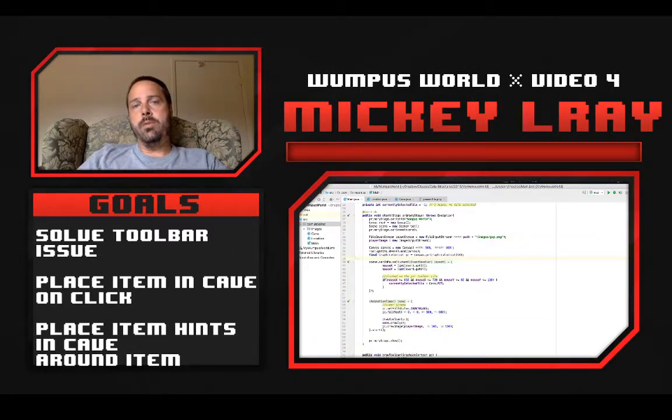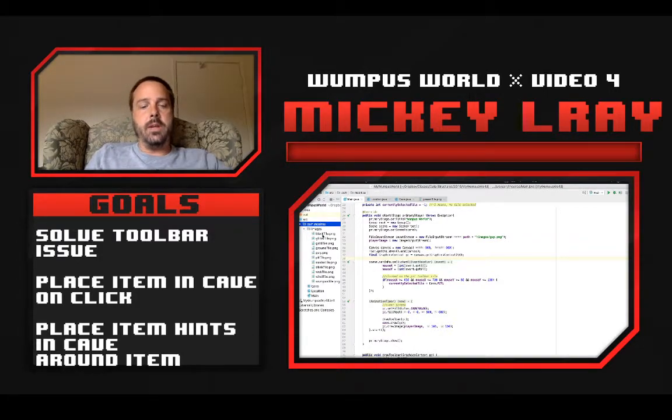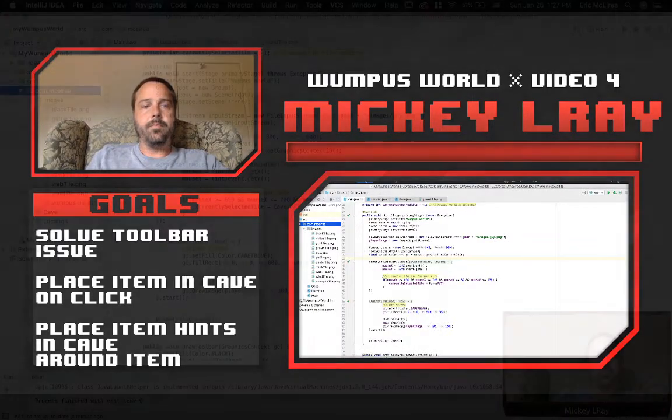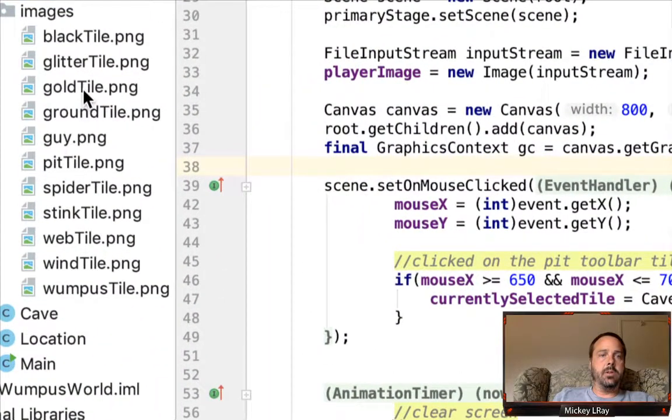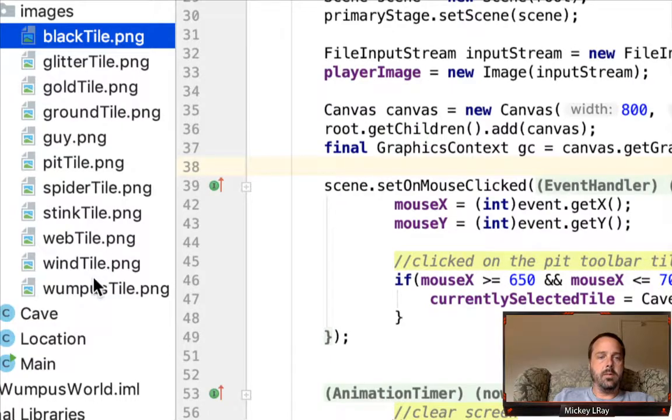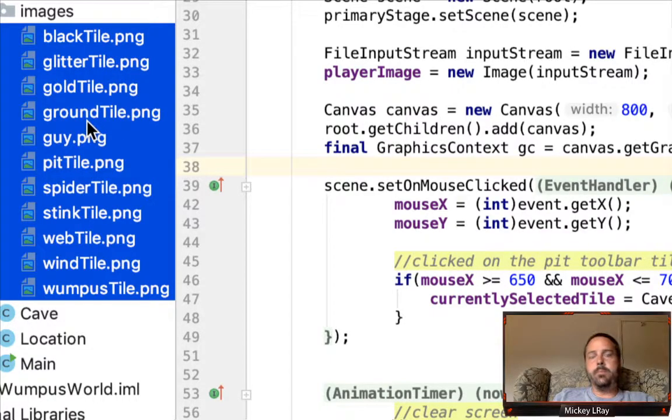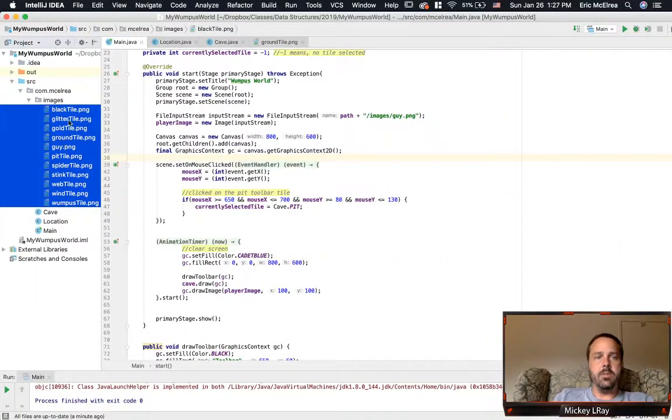So webs for spiders around it, and sting for Wumpus, and glitter for gold, and so on and so forth. Okay, it is important, hopefully, that you have all of these images right here. Okay,